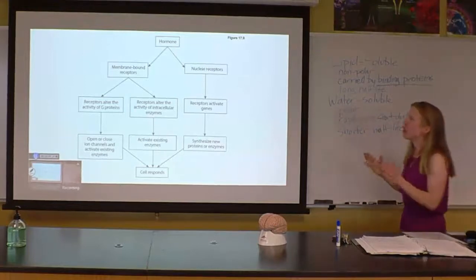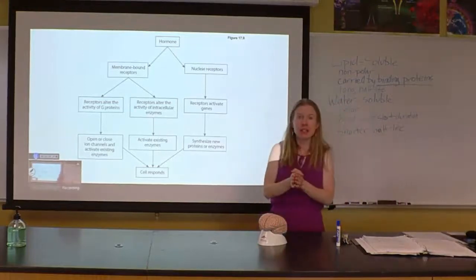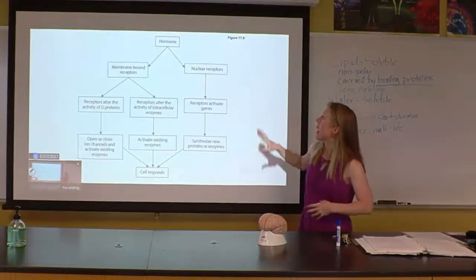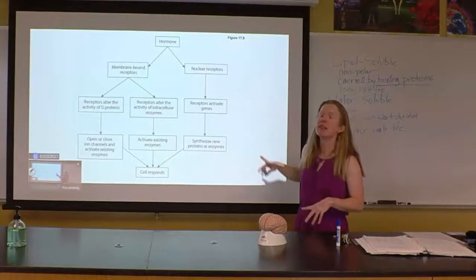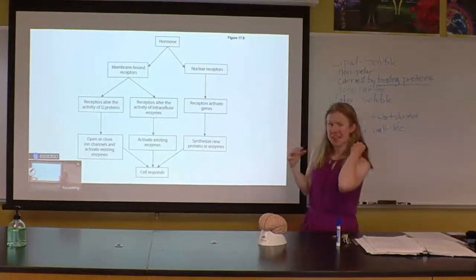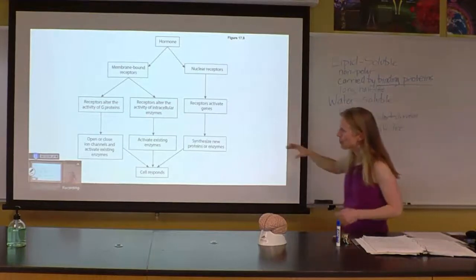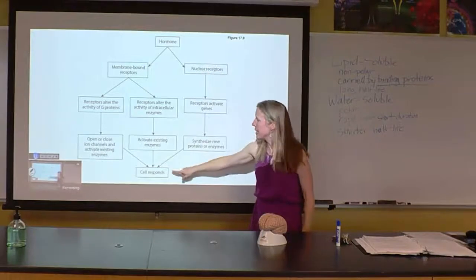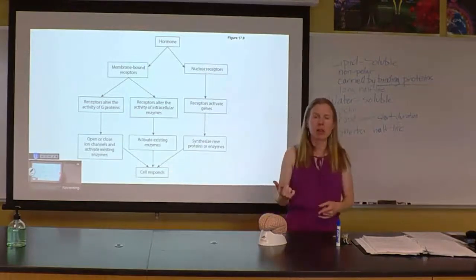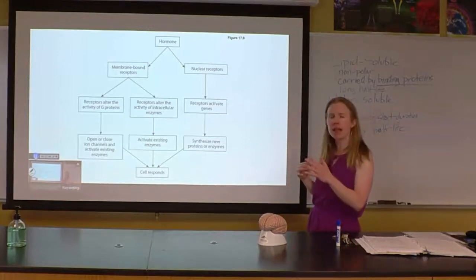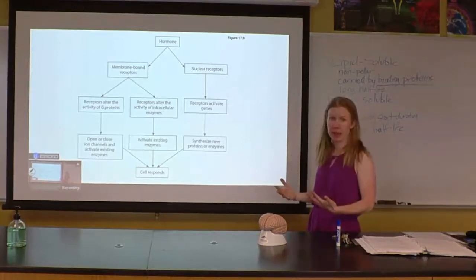We're almost there. Okay. Mechanisms of action. This part of the chapter got kind of crazy. I'm going to ask you to keep coming back to figure 17.9 because it makes the most sense in my mind. Okay? So the whole point of releasing a hormone is to get a response from that target cell. But what this is showing us is that these things happen slightly differently.